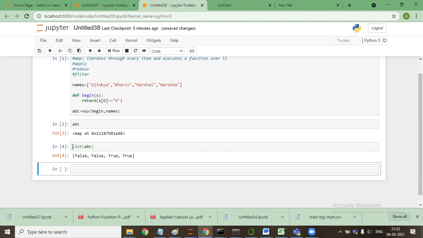So it said false, false, true, and true. This means this map has the capability to apply a function to each and every element of an iterator that we have mentioned.